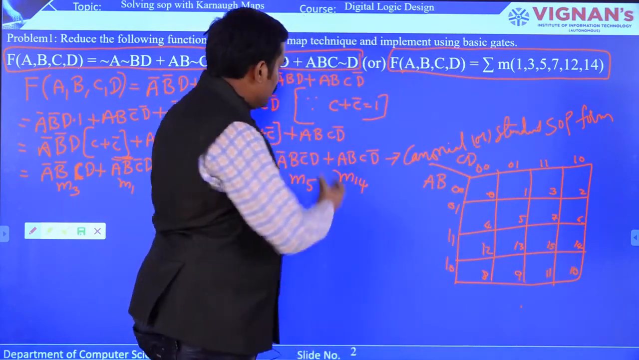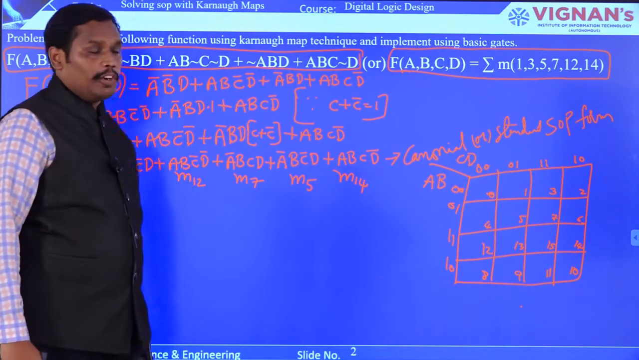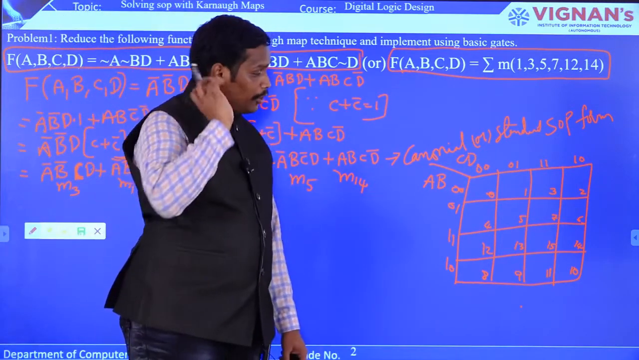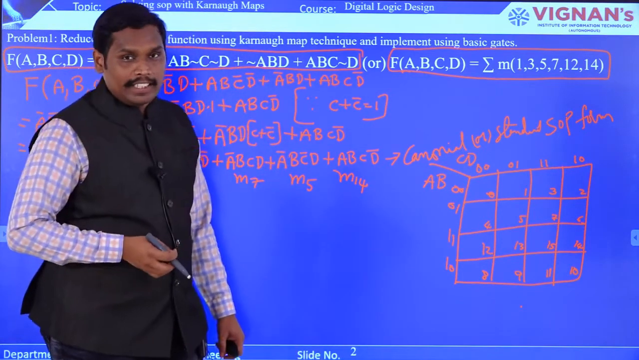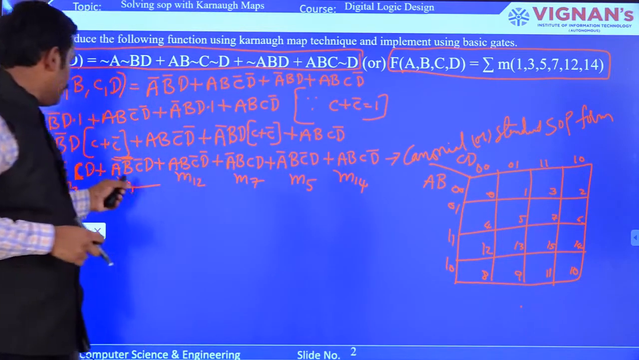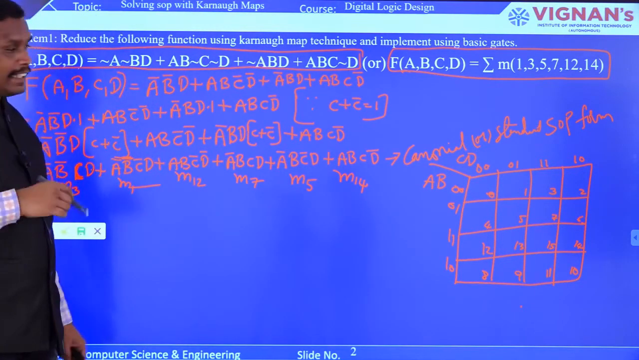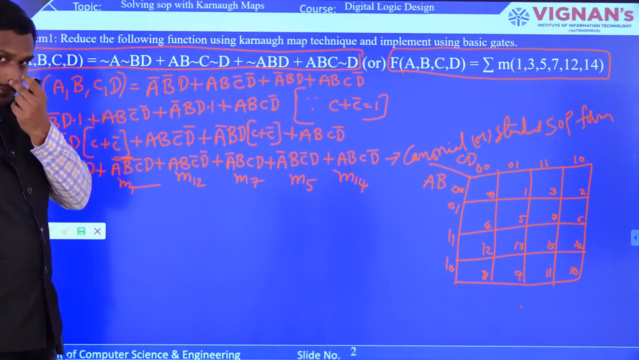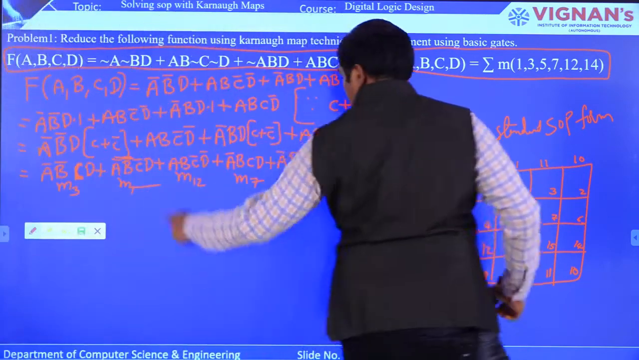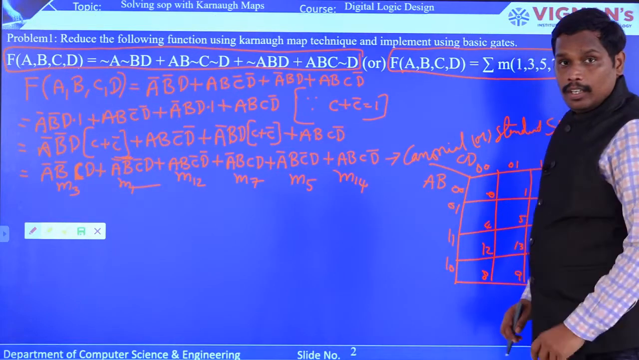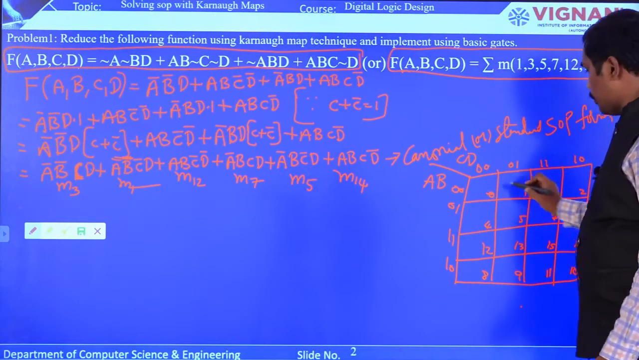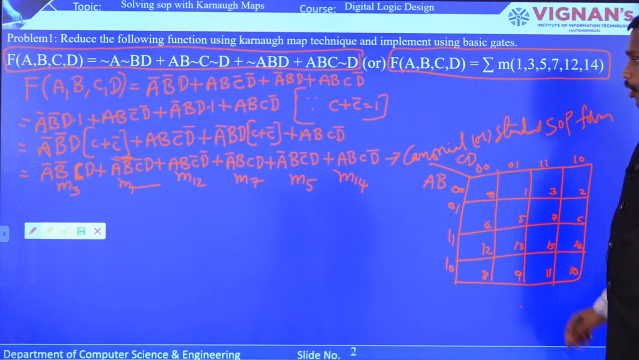So now after looking at the canonical or standard SOP form or the given min terms, you have constructed the Karnaugh map, and now you are going to place all ones in the corresponding cells. This particular min terms will tell you where to place the ones, and the rest of the cells will be replaced with zeros. So as per this expression or from the question based on min terms, you are going to write down all the ones in the